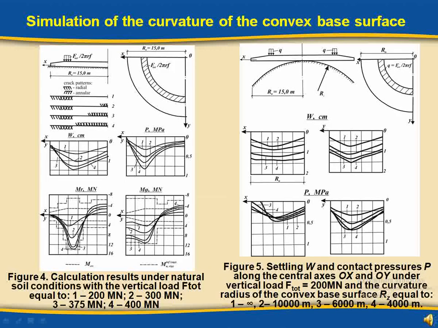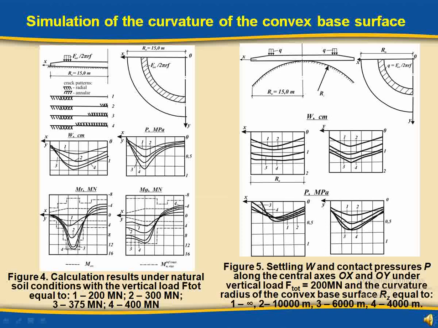Consider first the operation of the foundation slab under normal soil conditions with the increased total vertical load F caused by the structure. For calculation, the soil deformation diagram is taken and the initial stiffness coefficient of the base is K1 equals 58.8 MN/m3. The simulation results, settling W, reactive pressures P, radial and annular moments Mr and M phi,